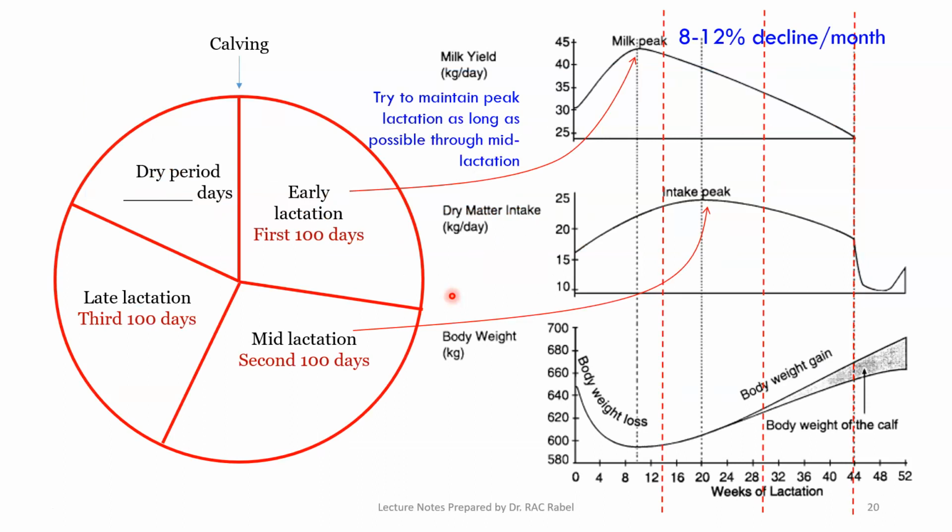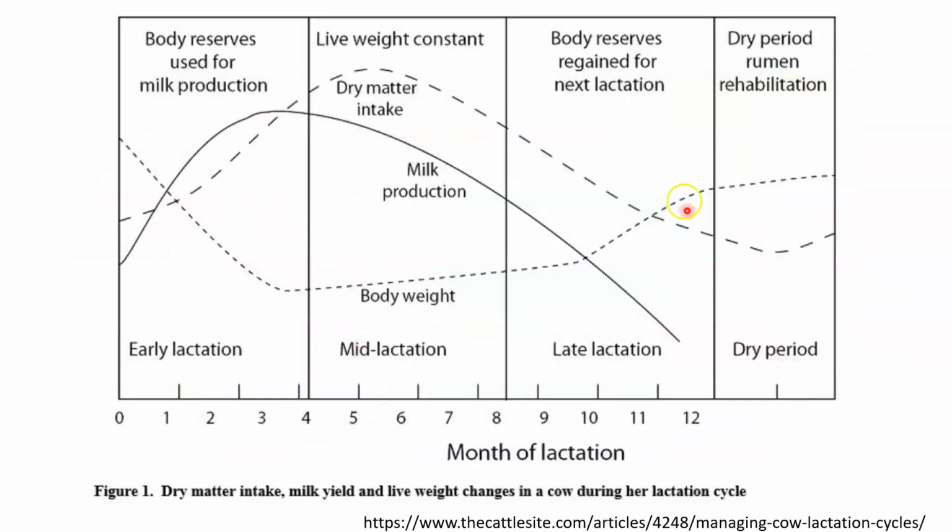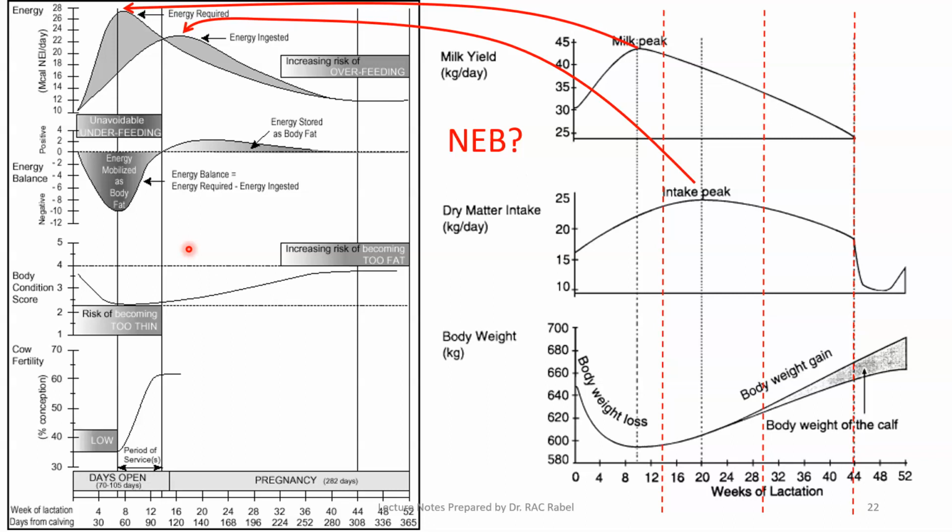Okay, so we have talked about some of the fundamentals. Now in this chart we saw as a single chart, it's been broken up into milk production, feed intake, dry matter intake, and body weight. So you should know what happens in each of these phases, and what the characteristic features of each of these phases are. We have seen this, and I also mentioned the open period and the reproductive management. So one thing important here that we have not talked about